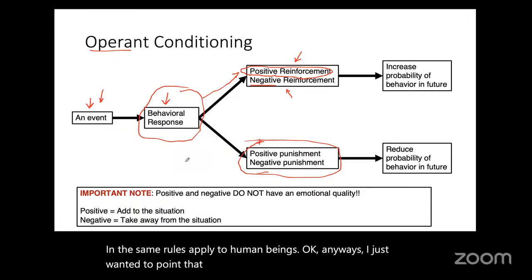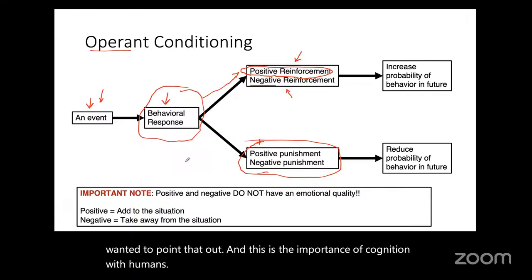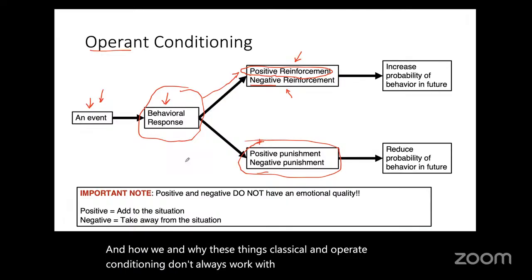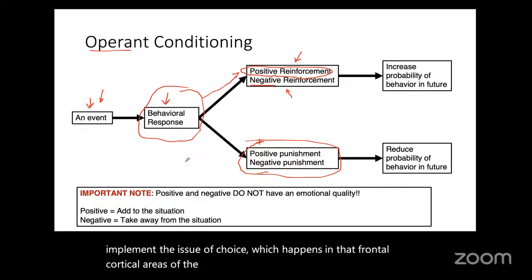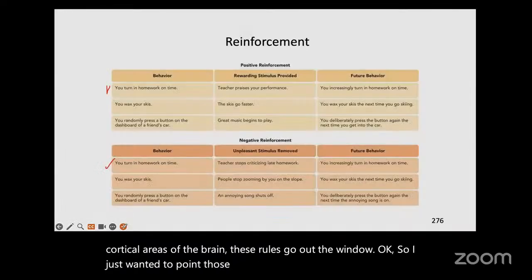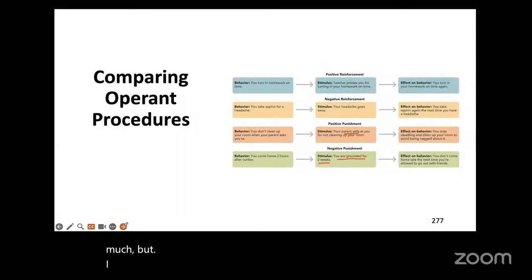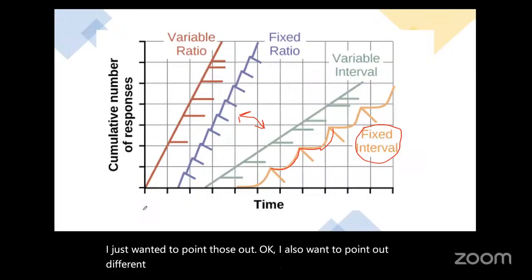And this is the importance of cognition with humans, and why these things, classical and operant conditioning, don't always work with humans. Because once you implement the issue of choice, which happens in the frontal cortical areas of the brain, these rules go out the window. Okay, so I just wanted to point those out. I know I emphasized them a little too much, but I just wanted to point those out. Okay. I also want to point out different, what are called